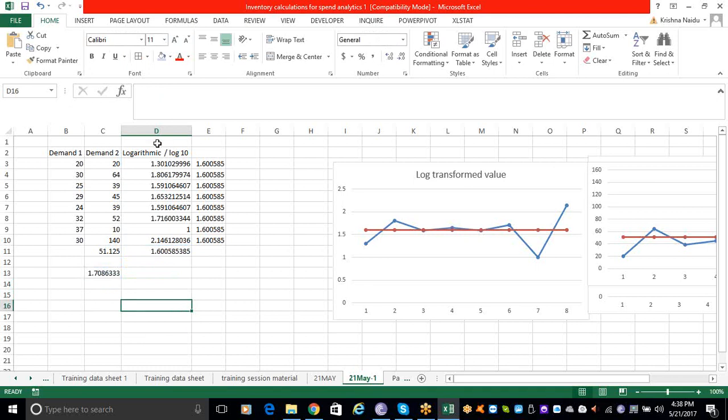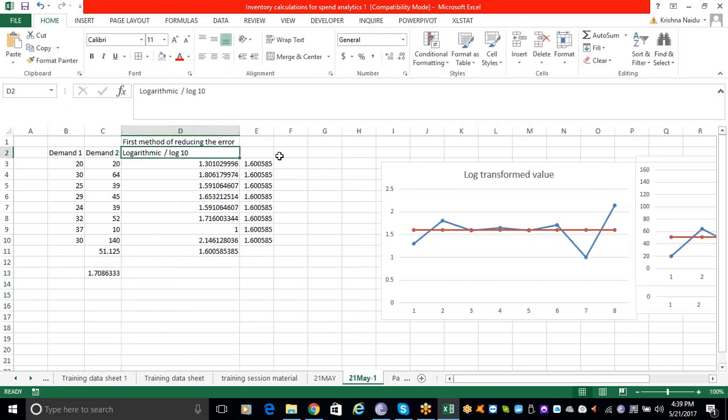So this is the first method of reducing the error variation. Now I'll go to the second method. In this graph, if you look at the demand 2, if I remove 140, if I remove 140,